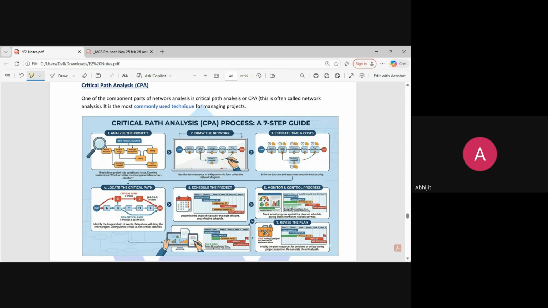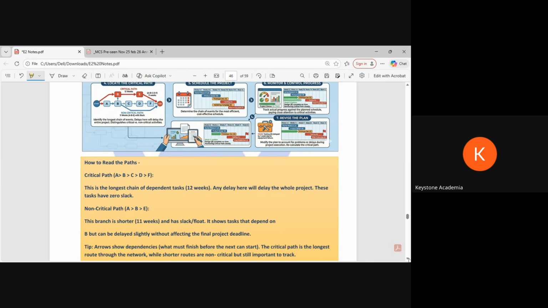We can implement SAP and all, but I think we don't need it. Yes, we can go with some basic software even if we need. We don't need to invest so much. We don't have a complex project. This is all used in a very complex project. It may be international, or it goes for years, and so many more things.